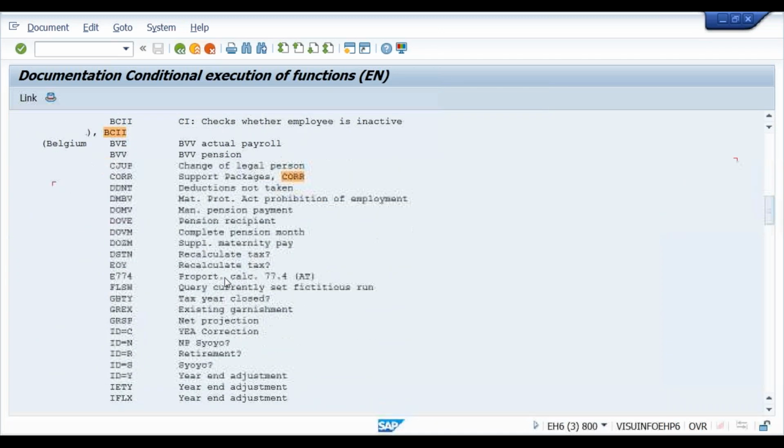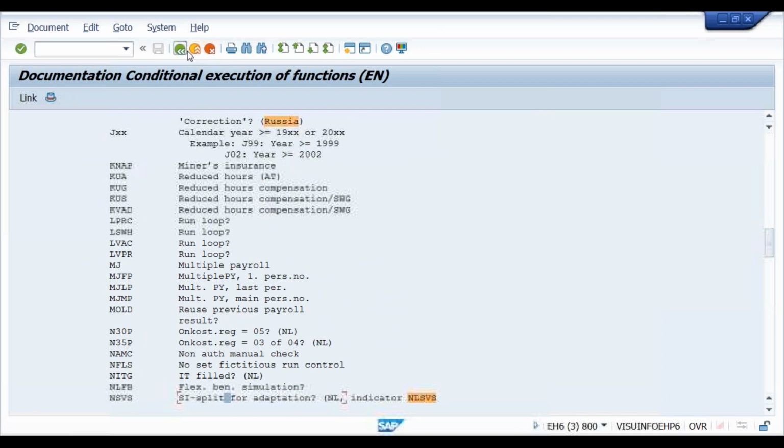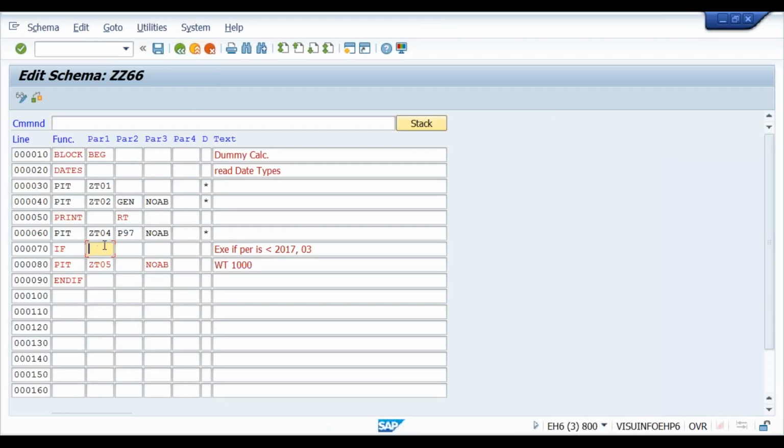I cannot use any of the parameters here, so I will write my own rule and insert it here. This rule is going to check the condition I need and tell the function whether the condition is true or not. So let's see that now.